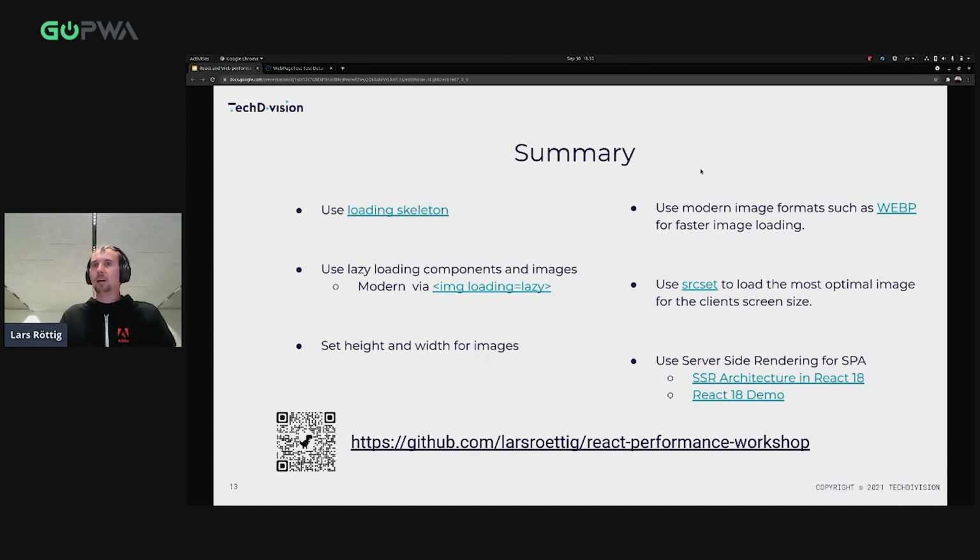Then I played around with SSR in React 18, and it was like, oh my gosh, this will be great. Hopefully this will be released soon, because currently it's in beta. But the React team did a really great job.